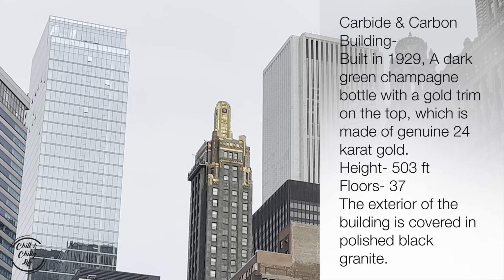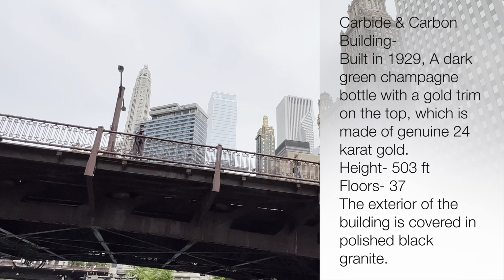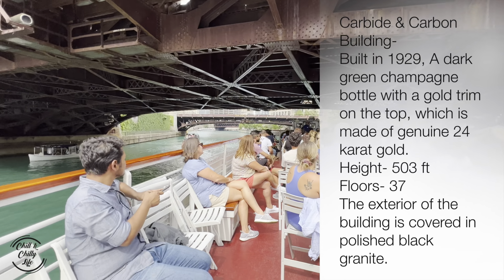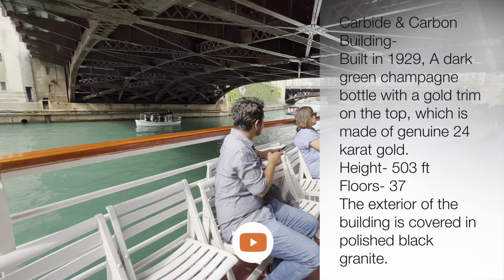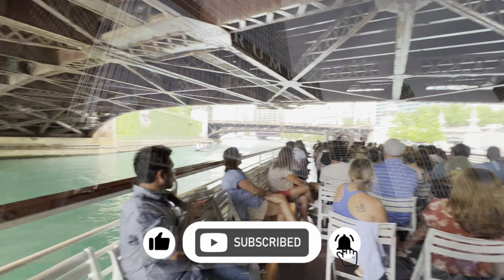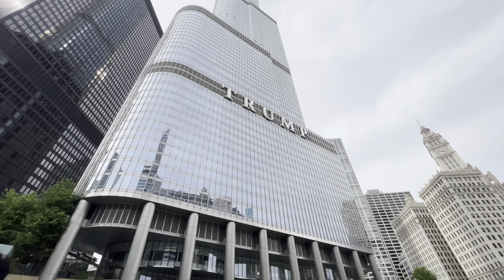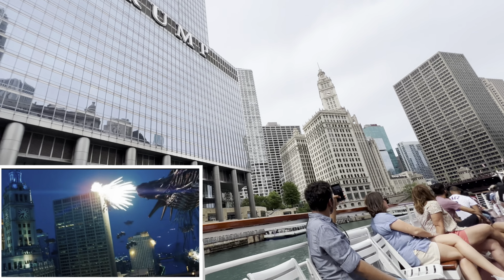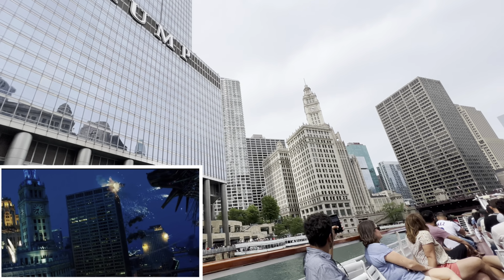The building was supposedly designed to look like a champagne bottle that had just been opened. The dark green color, just like the glass of a champagne bottle. That's not all. You have gold foil at the top, and if it had just been opened, what might you see? Champagne shooting straight up, and it's certainly one of those glazed clay. That is glazed terracotta. I'll tell you more about this later, but terracotta is a critical element to a lot of Chicago's major buildings. If you didn't know any better, you might...